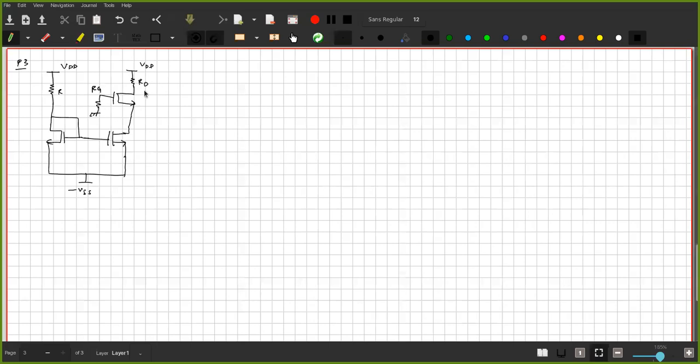Okay. So this is transistor Q, Q2, and Q1. The current which is flowing through R is IREF, I reference. Current flowing through Q1 is ID1, Q2 is ID2, and Q is ID. Right. The given data